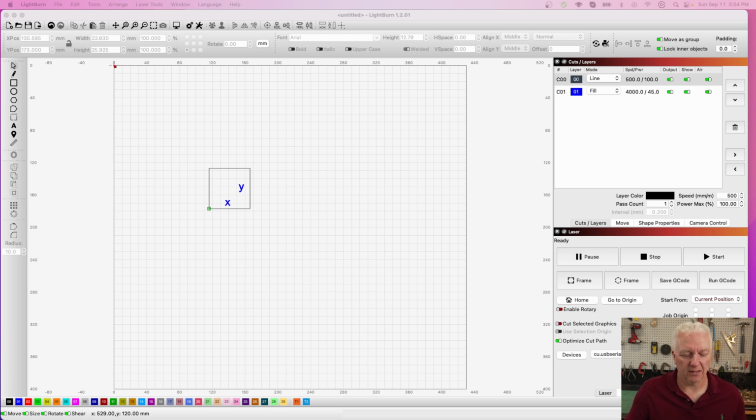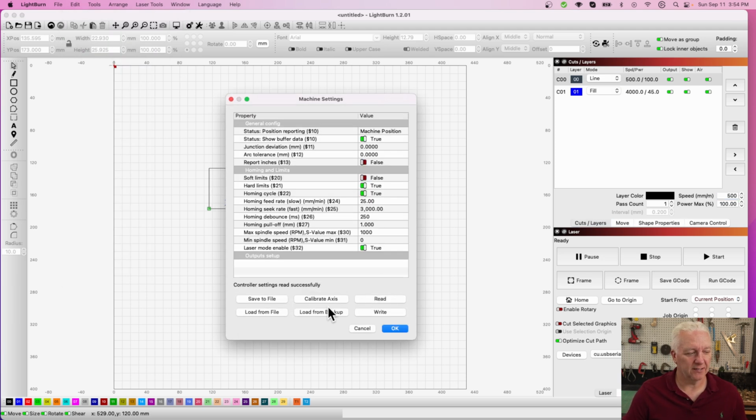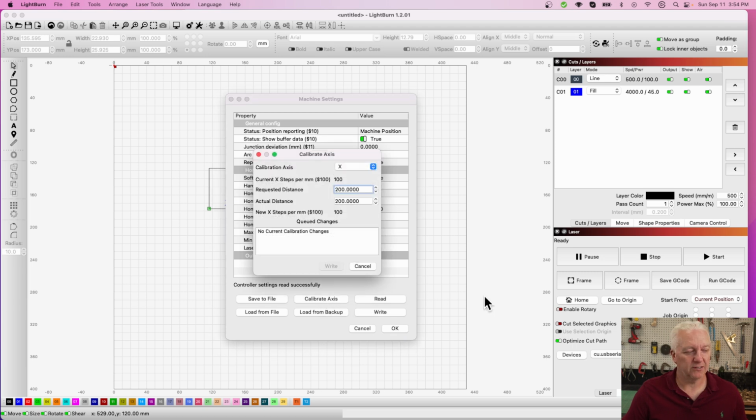We have to do a calibration, because while we said it was 50 by 50 millimeters in Lightburn, in reality it's less than that. So there's a couple of ways to do that. The easy way is to go in Lightburn up to the edit option and select machine settings and click this calibrate axis option,